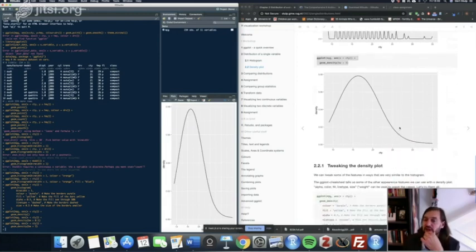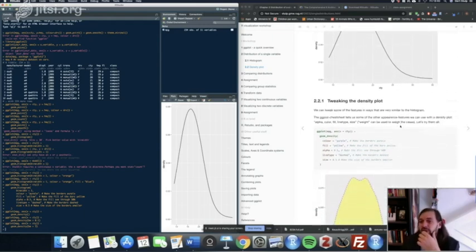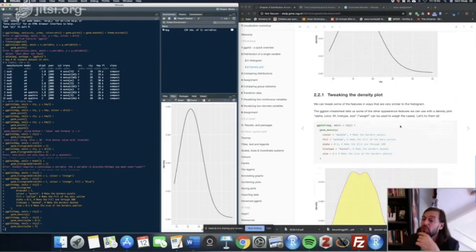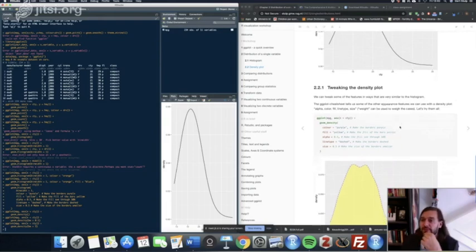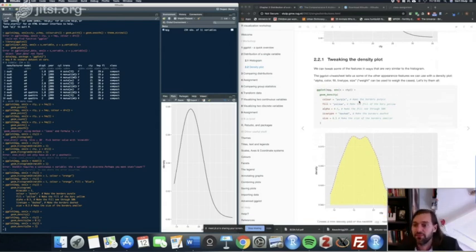So those are our density plots. Density plots are not really useful when you're trying to visualize one single variable, I guess, but they might come in handy when we want to compare distributions, as we'll see later. Now, let's try and tweak this density plot. And if we do that, we see that actually